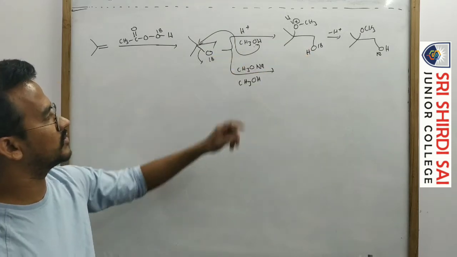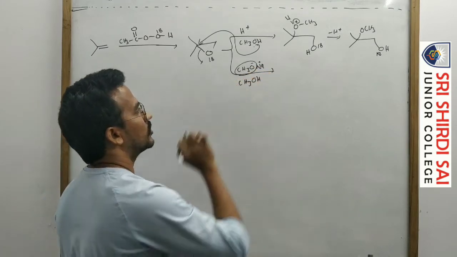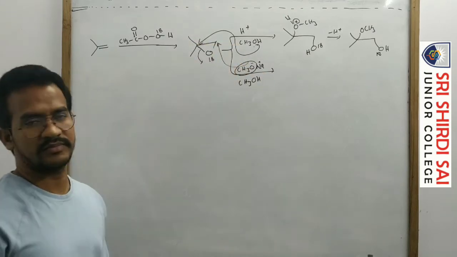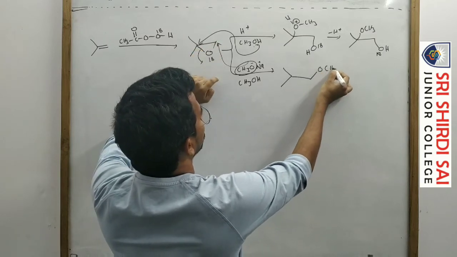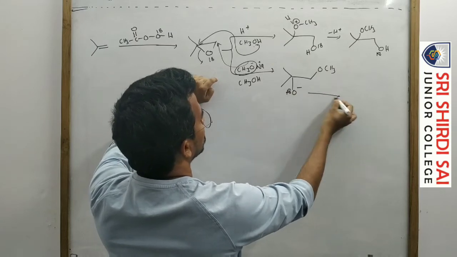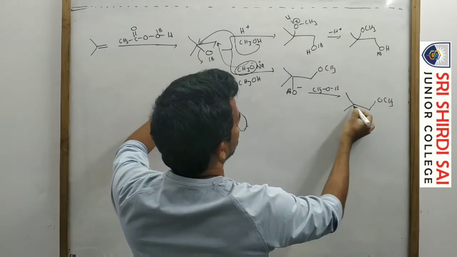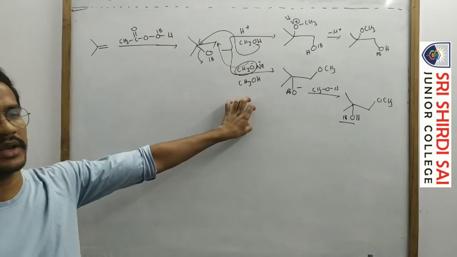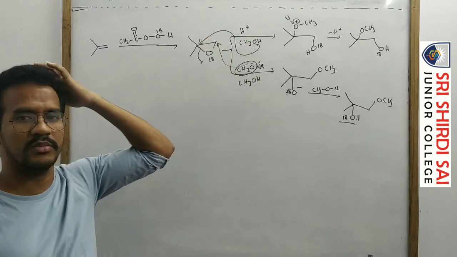And next, here it is a basic medium. So in this case, CH3O minus Na plus. It is a charged nucleophile, a more reactive nucleophile, and attacks this cyclic ether at the less substituted carbon. That means here the two methyl groups and this carbon bonding with OCH3, and it is converted to O minus 18, then protonation from the methyl alcohol. So here OCH3 and this one OH18. Okay, there is a difference in mechanism. In basic medium, the nucleophile directly attacks the less substituted carbon. In acidic medium, the nucleophile attacks the more substituted carbon.